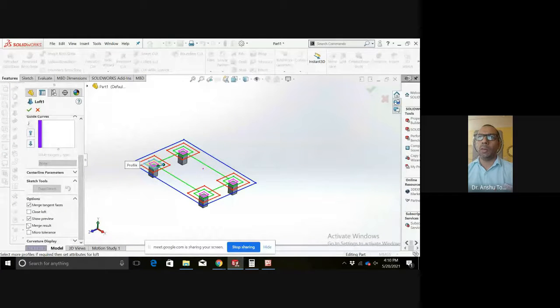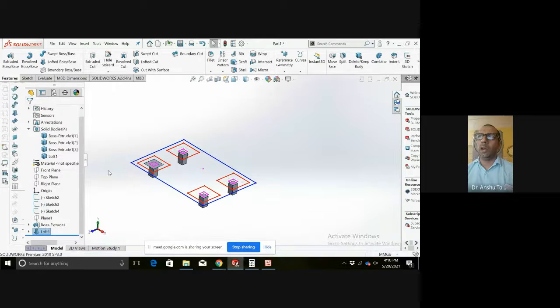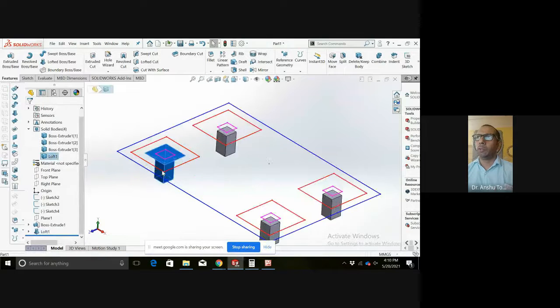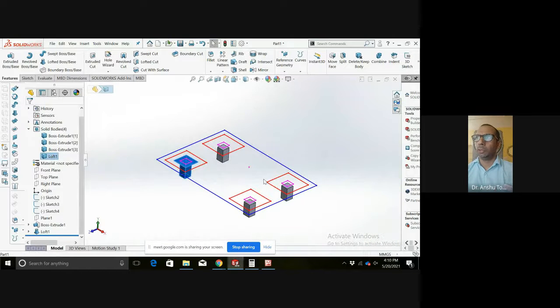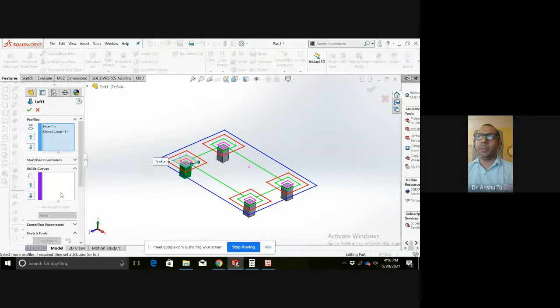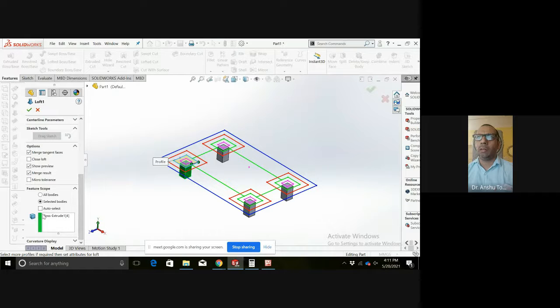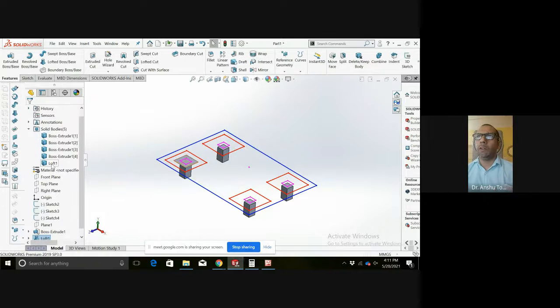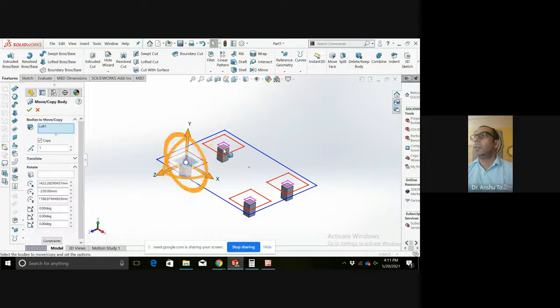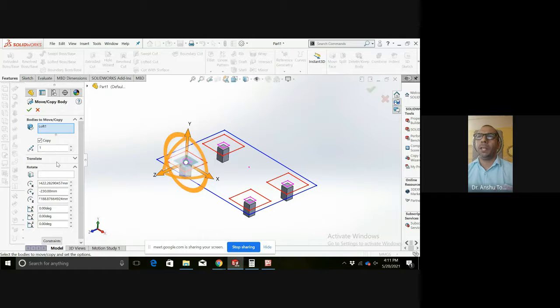If I merge the result here, now I have one body, column plus this haunch, but I want to use it as a copy paste for the other columns also. So I will not merge it. Now I will use the same loft with the copy paste command on other columns. I will copy it.